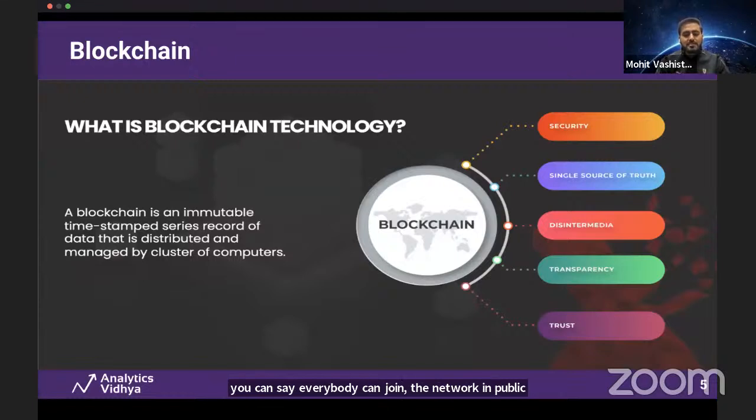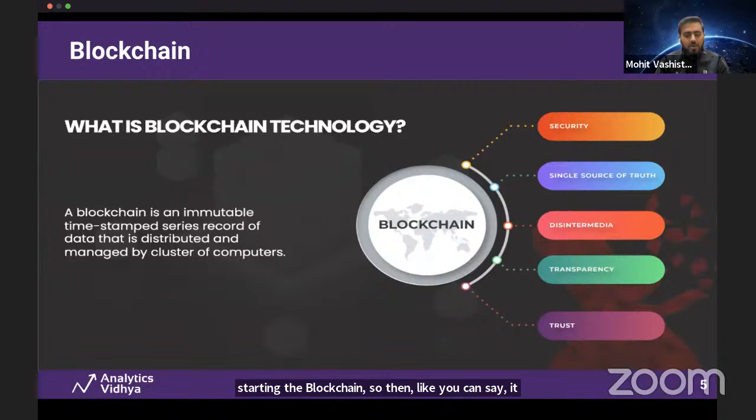So there is a consensus mechanism which is running algorithmically. There are proof of work and proof of stake. I will not explain them technically, but you can say it is a mathematical algorithm or formula which will dictate whether a particular transaction is valid or not. If it is valid, and it follows all the criteria which a blockchain has defined while starting the blockchain, then it will accept the transaction.